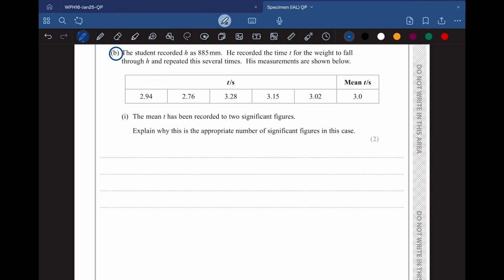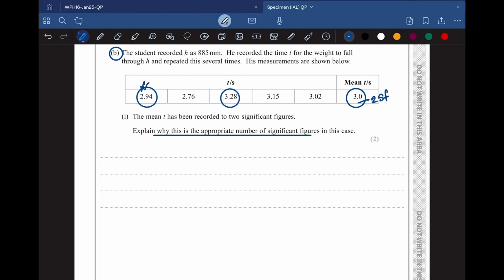So basically all the measurements you can see are in three significant figures, but the mean value that they have calculated is in two significant figures. The mean t has been recorded to two significant figures. Explain why this is an appropriate number of significant figures in this case. Now why is it appropriate to give the mean value in two significant figures? Because in this value we know